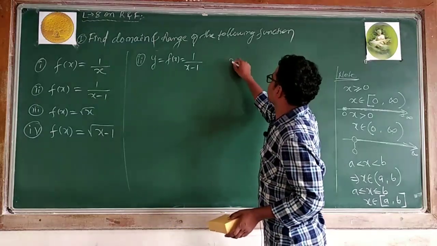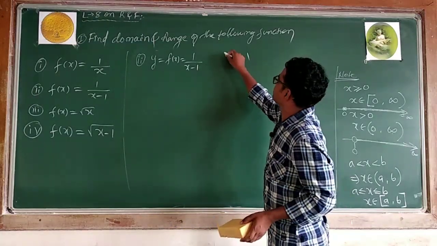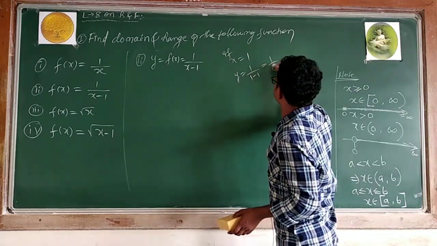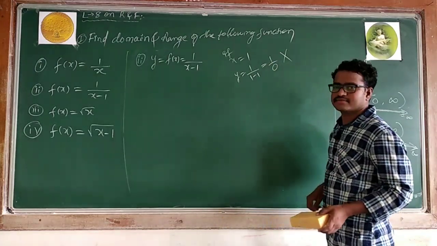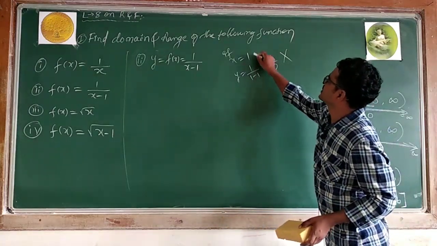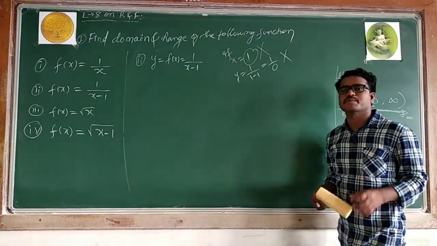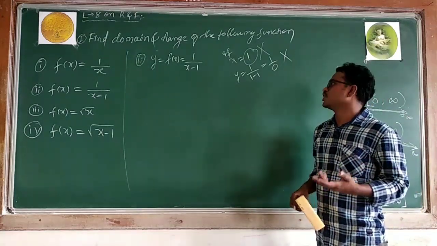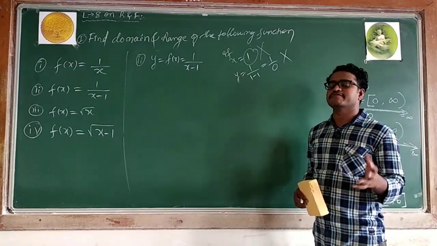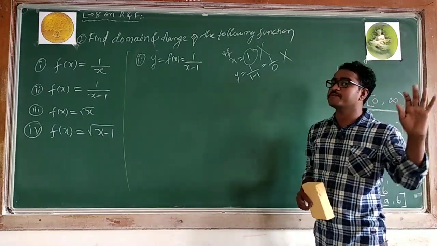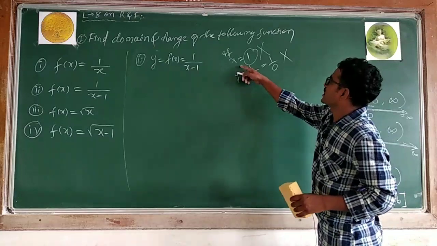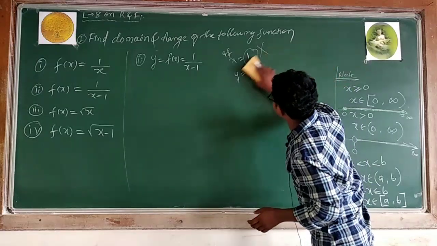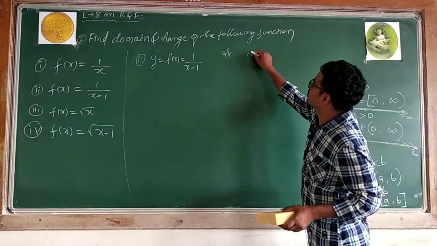If x is equal to 1, y is equal to 1 divided by 1 minus 1, which is 1 divided by 0. 1 divided by 0 is not defined. So you have to avoid this value. This is not in the domain. Domain means possible defined values. When you are taking an input value, it should be possible to define. If it is not possible to define, don't consider that particular number. So when x is equal to 1, 1 minus 1 is 0, so you have to avoid this. I am not taking x equal to 1. You can leave it.